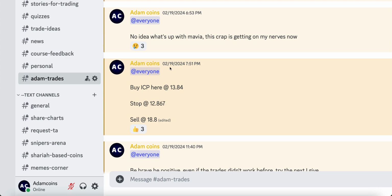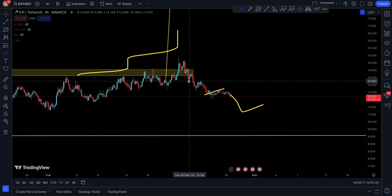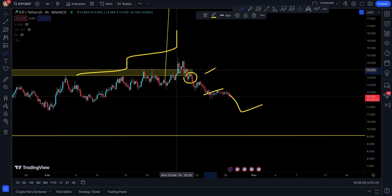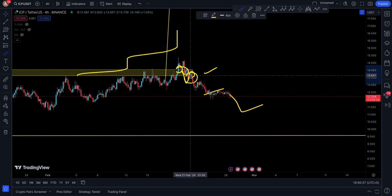It was back on 19 February, ICP at 13.84, and this was at 12.867. So we exited at 13.3, way before it even came to 12.8, because this fake out to me wasn't good. When this thing happened, I think it was back here. Do you see this right over here? On the 20th of February we entered at 19, and then on the 20th or 21st, when I saw this happening here, I didn't like it. I closed ICP because this was a first retest that was good, the second retest that was good. As soon as you popped down and went up and failed here, this is your zone